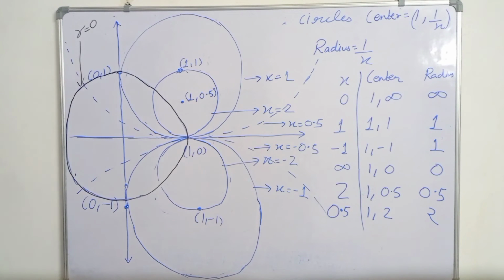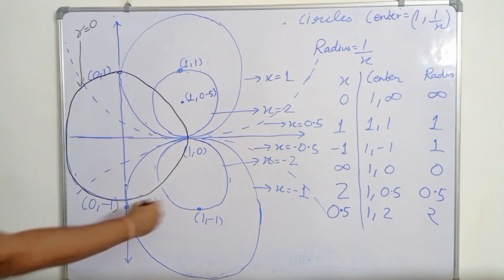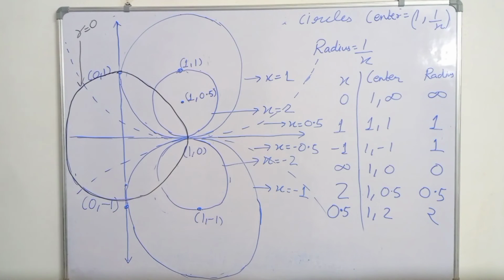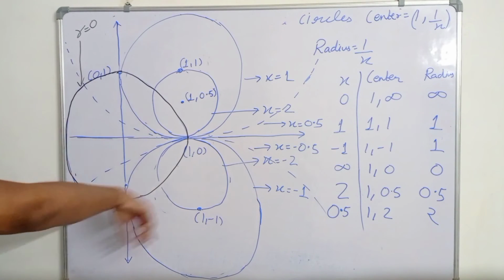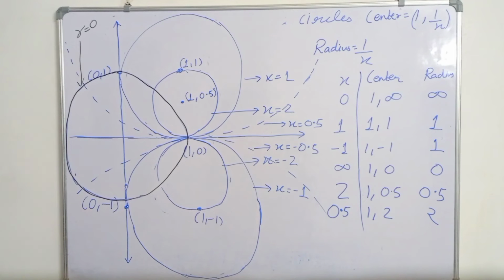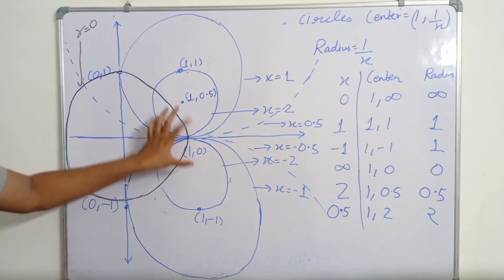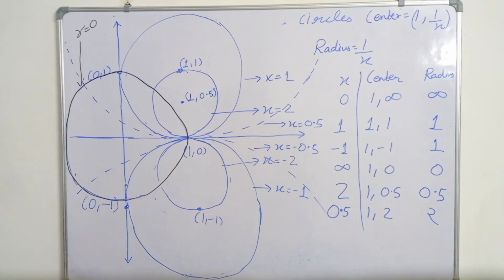Now when we are solving questions on the Smith chart, we only have to look at this area. We do not have to look at this area, because the value of r cannot be less than 0 and cannot be greater than infinity. So all the load impedances that can be realized by the Smith chart will lie inside this unit constant resistance circle. So we only have to consider this part of the Smith chart for solving our questions.